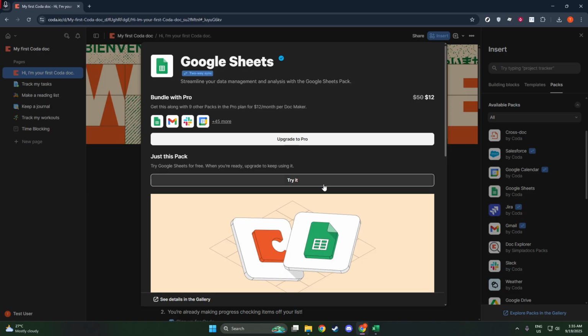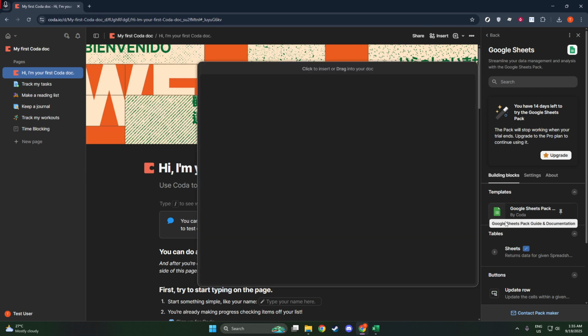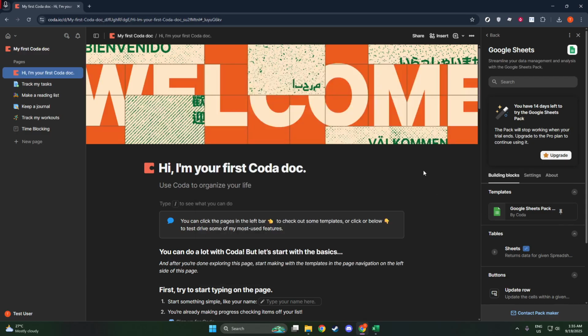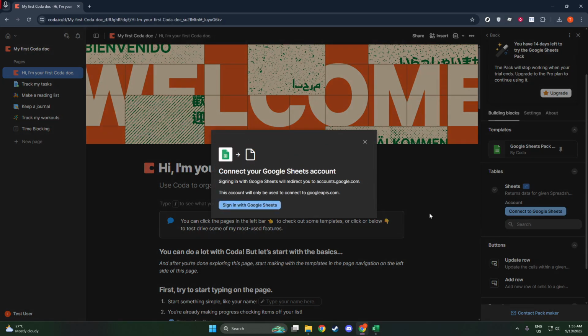Once you've found the pack you're interested in, click on it. This action will typically present you with an option to Add to Dock. If you're dealing with a paid pack that you haven't purchased yet, you might see a Try It option instead. This allows you to test the pack before committing to a purchase, a useful feature if you're still evaluating its